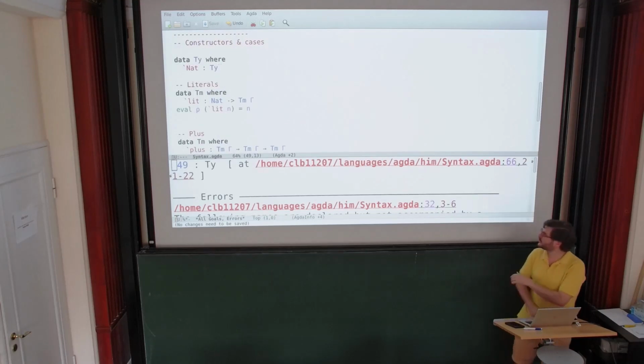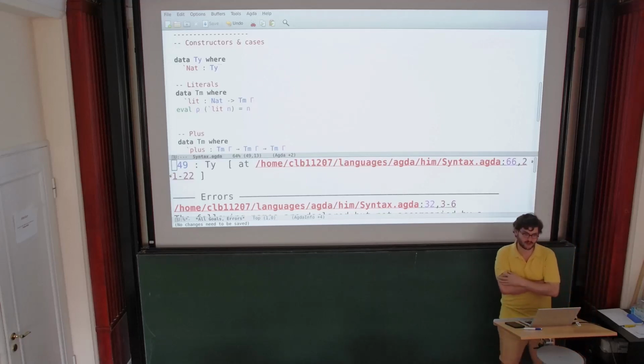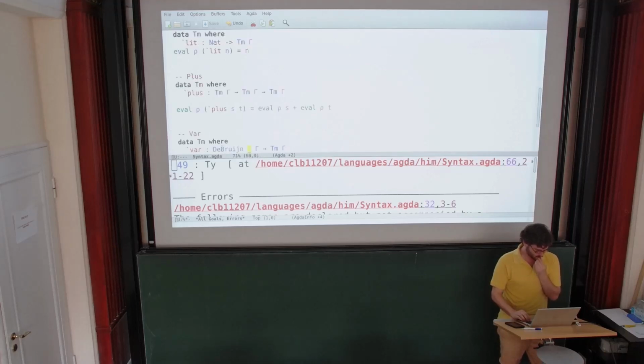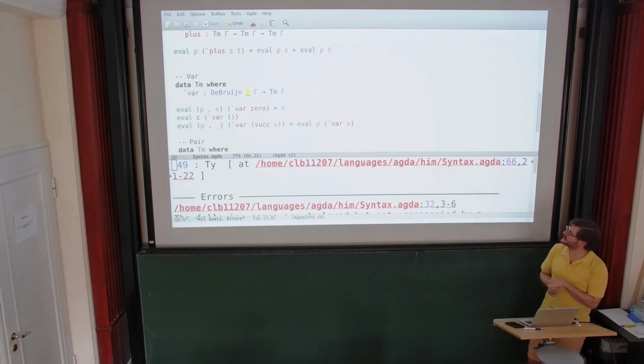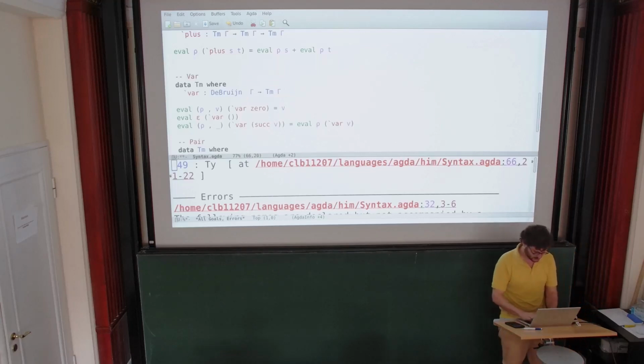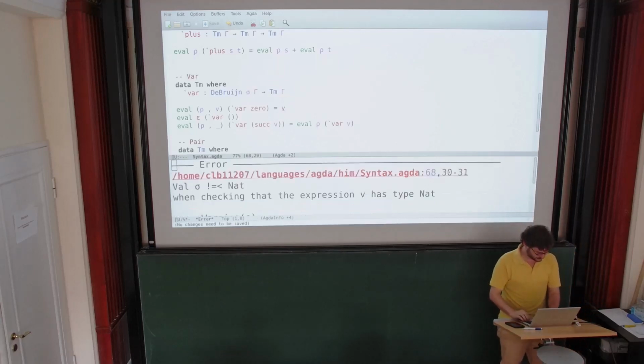So again, I'm using backticks to differentiate between the meta level and the object level. Okay, plus works, and now here we see that we're facing a problem. So the variable, let's just comment this